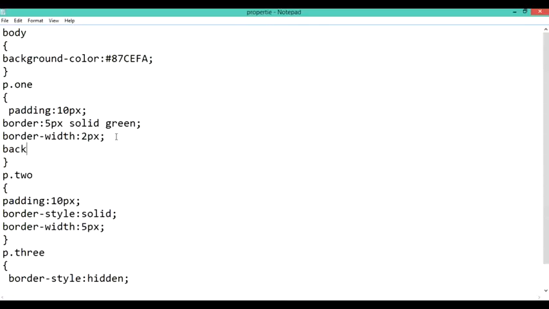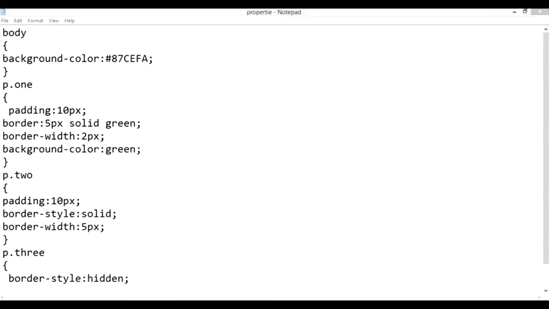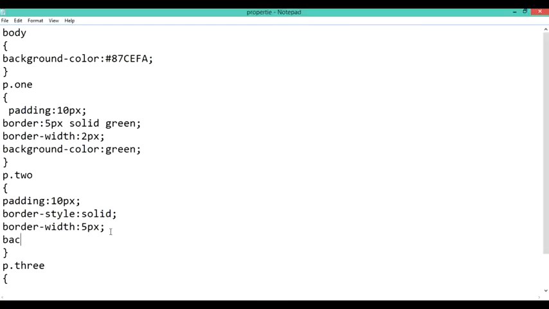In this case, you can see the background color was displayed at the background of the image. What if we want to display the background in a particular paragraph or particular heading? In that case, here you can see I have used a green color. Whenever I execute this code, you can see that the first paragraph that I have written here has changed to green color. So whenever I'm using a background color with a green color or some other color, it will change that property of the text accordingly. If I've given it in the body tag, it will change the background of the body. So these are some of the ways through which we can provide a color to the body.